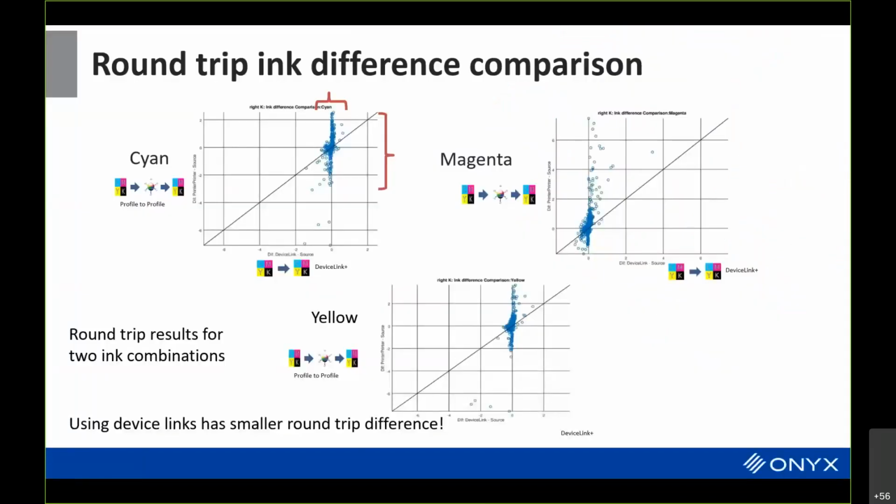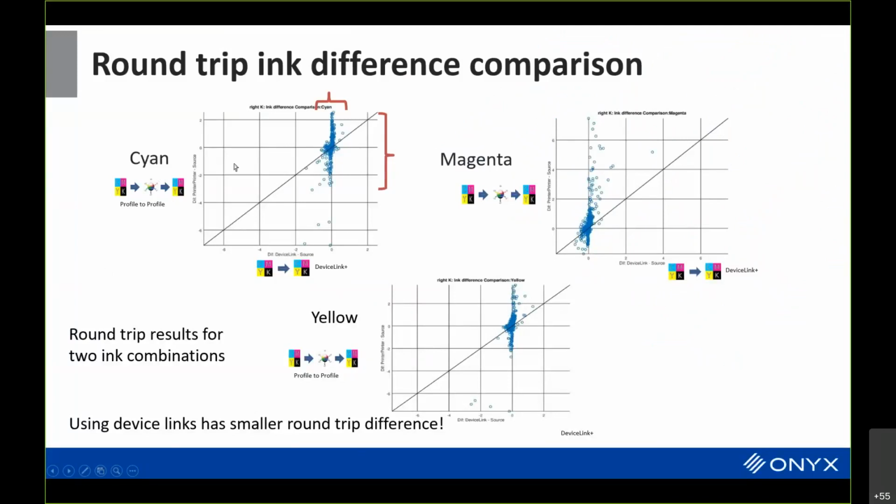This shows combinations where we have cyan with some combination of magenta or yellow, magenta with some combination of cyan or yellow, and some combination of cyan and yellow. We're just going to look at how well we preserve the amount of cyan.